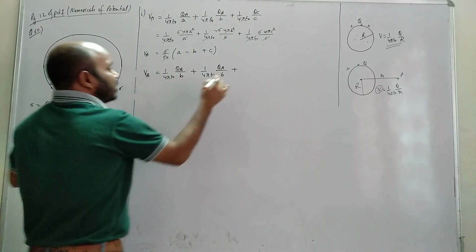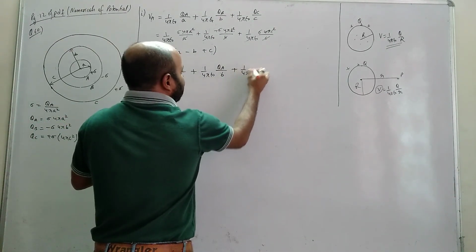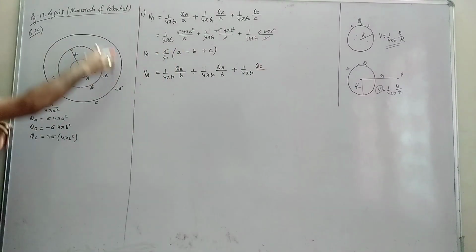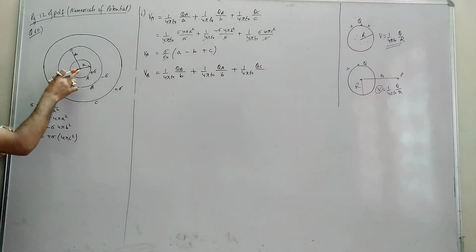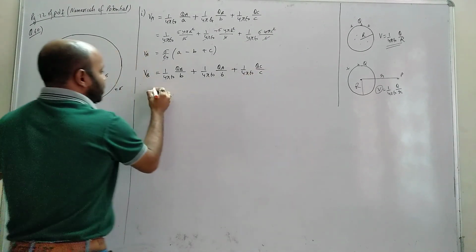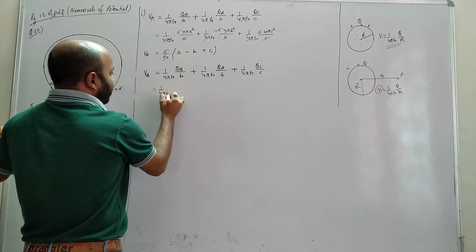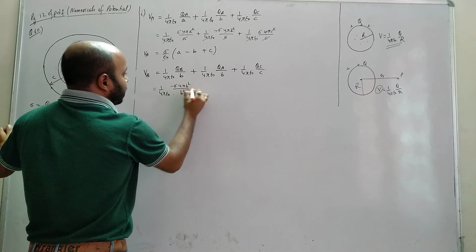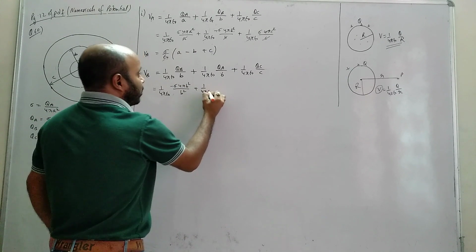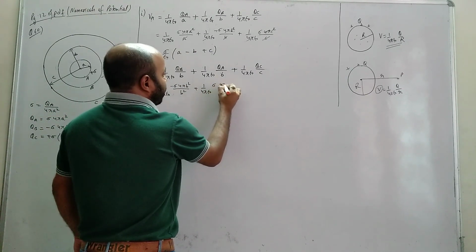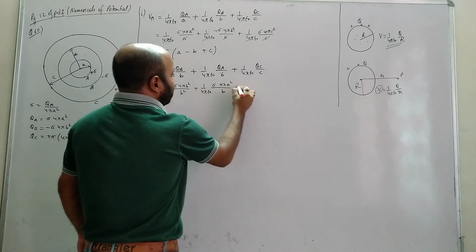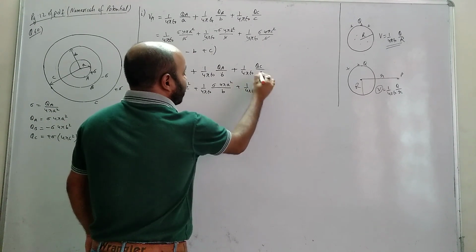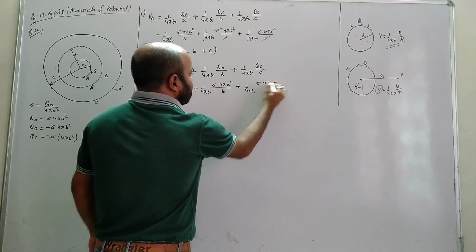Right? So that is nothing but potential on the surface, by which surface? The potential means, what radius do we take? We have to take the radius of QC. What is the radius here? C. Okay. Now again you substitute the value. 1 by 4 pi epsilon, QB is what? Minus sigma 4 pi B square by B, plus 1 by 4 pi epsilon, what is QA? Sigma into 4 pi A square by B, plus 1 by 4 pi epsilon, what is QC? Sigma into 4 pi C square by C.